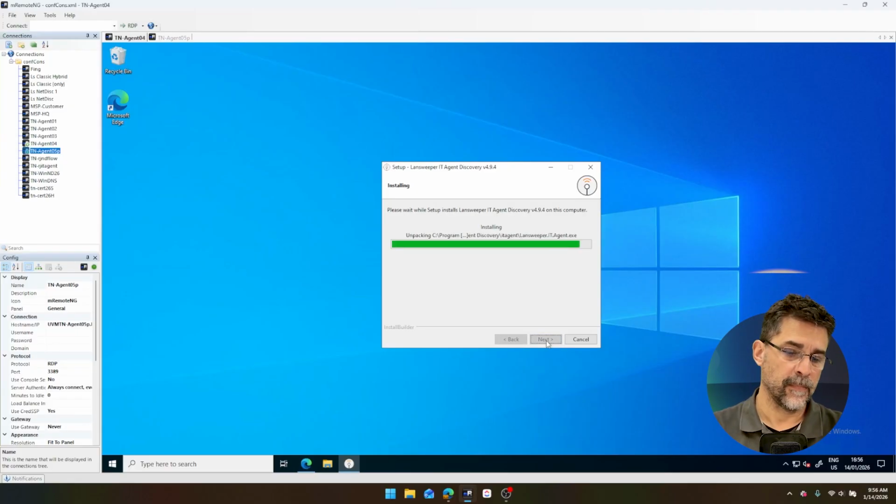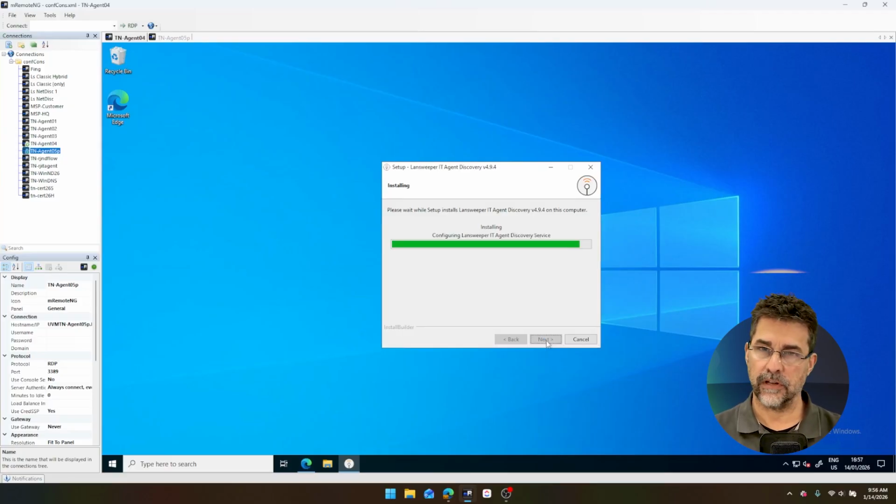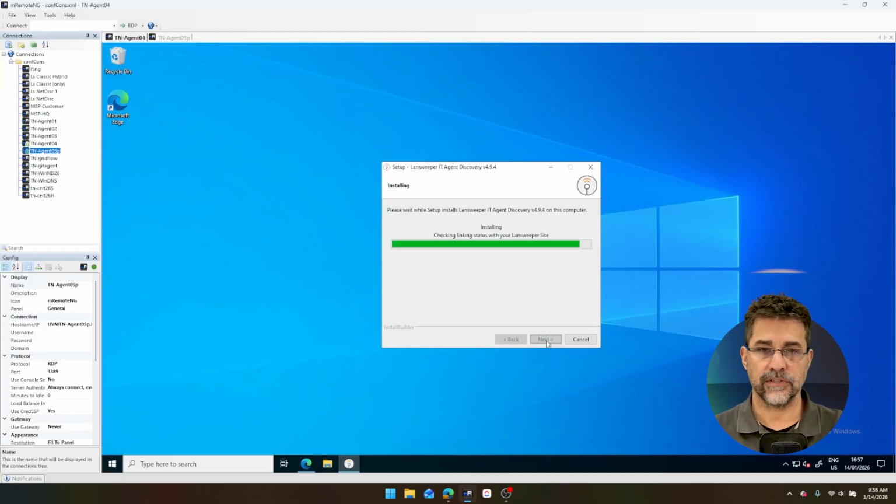Once this finishes, we're going to jump back into Lansweeper, into the platform in the cloud, and we've got to make some changes there and move things around. It's kind of up to you how you want to configure this, as you'll see. But in order to make sure that you can configure all the discovery actions and so forth, something to keep in mind: the IT agent is there and running, but ultimately what you need to do is configure the IT agent